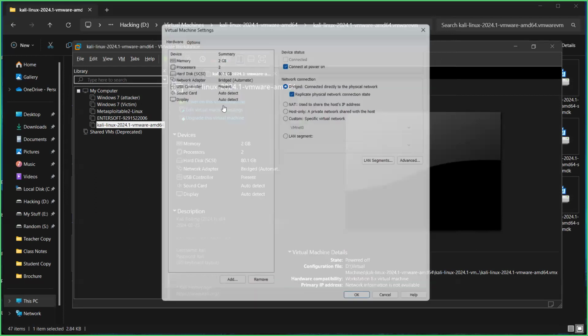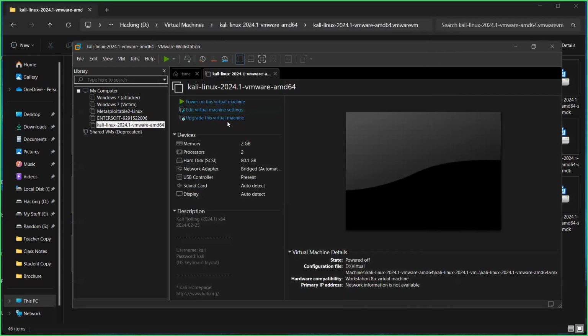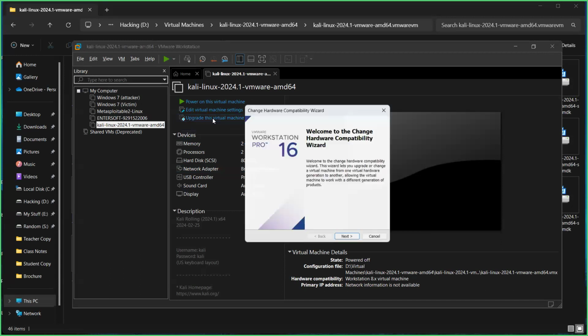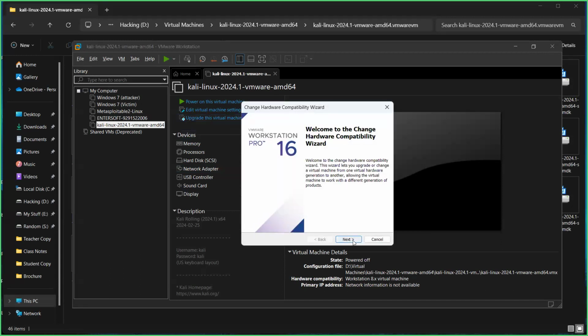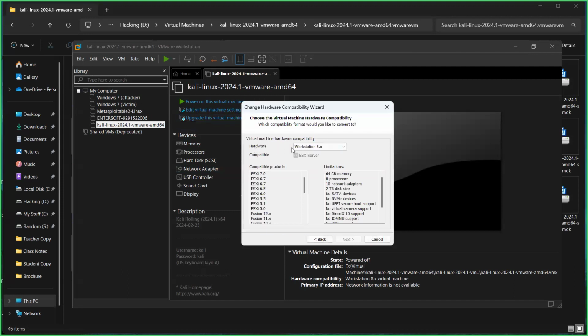And you can click on power on after that. Now, in some rare cases, guys, when you click on power on, you might get an error saying fail to start the virtual machine. In my system, I don't get that error, guys. I've never seen that error. In some older versions of Windows operating systems, you might get that issue. Just in case you're getting that issue, click on upgrade this virtual machine. Click on next. Click on hardware workstation 16, the latest one. Click on next again.